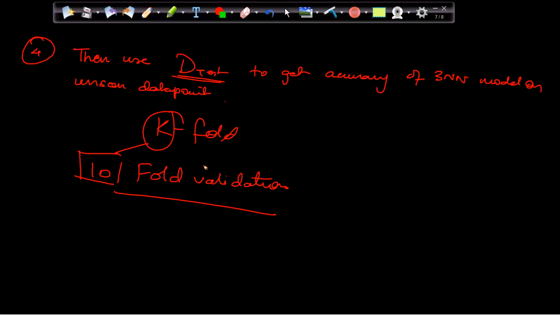And this k-fold validation can work on other algorithms as well. It's not like it works with kNN only. It's just that we introduced the k nearest neighbor, so we are applying k-fold here, but k-fold is a technique which can be fit on any of the algorithms. So basically the problem with k-fold is that it takes time to complete the process. It is a time consuming process.